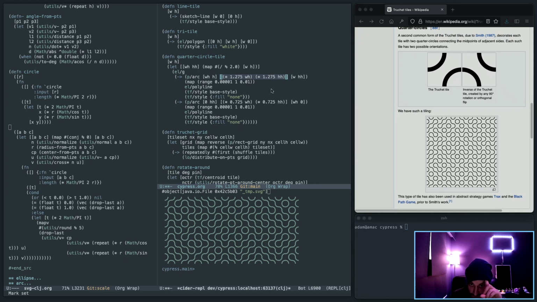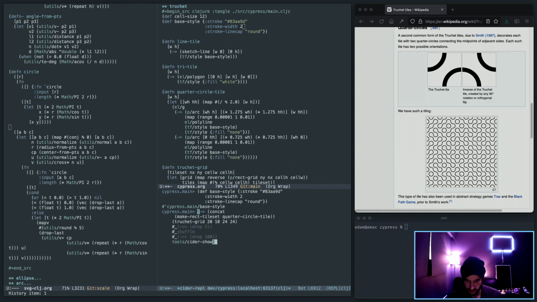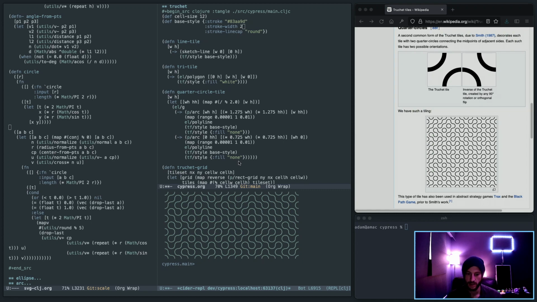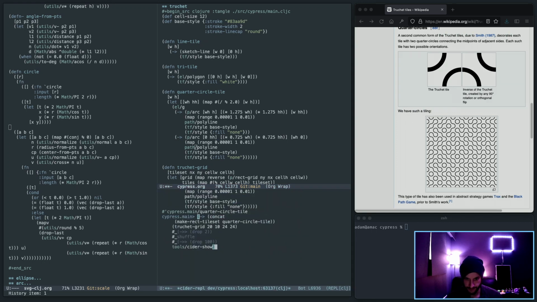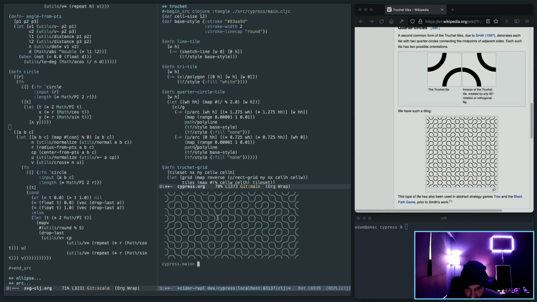What I've got my mind on is something a bit different. Also, let me change the base style. Okay, that's kind of nice. All right, so what I want to do here is change this from element polyline to path polyline. That should work just fine. It should look the same too. The difference being those are now path elements instead. Okay, so the next thing I want to try is